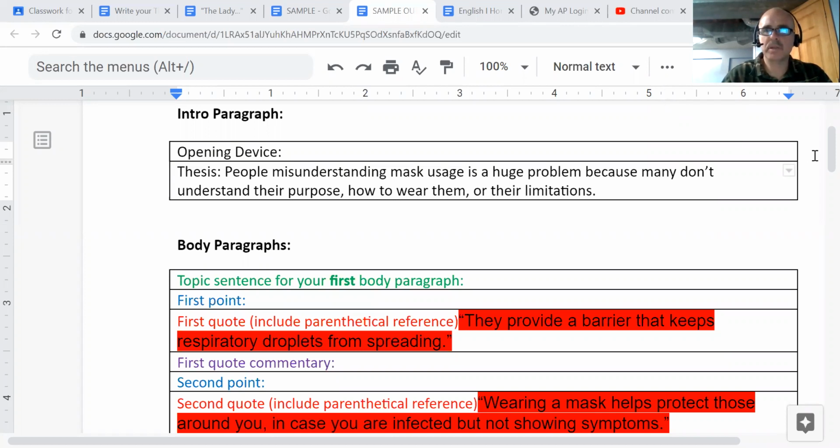Okay, so when we left off before, we had put together a thesis, right? I've got that right here. People misunderstanding mask usage is the way I'm expressing my overall idea. I'm saying that's a huge problem. And then I have my three main supporting points because many don't understand their purpose, how to wear them, or their limitations. I see that as the three ways that people misunderstanding mask usage is a problem. Okay. So the next step was